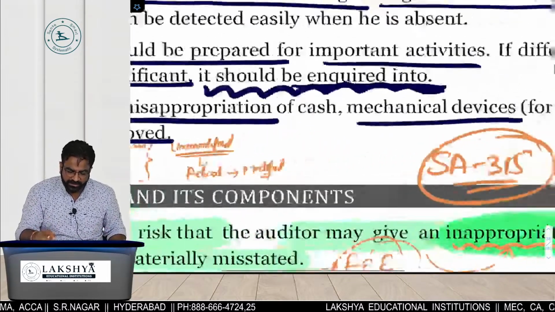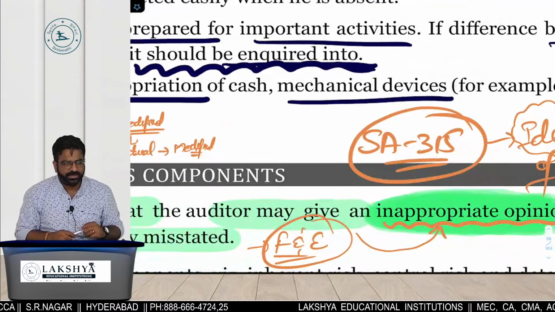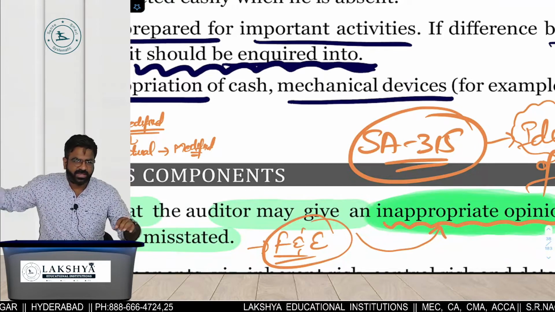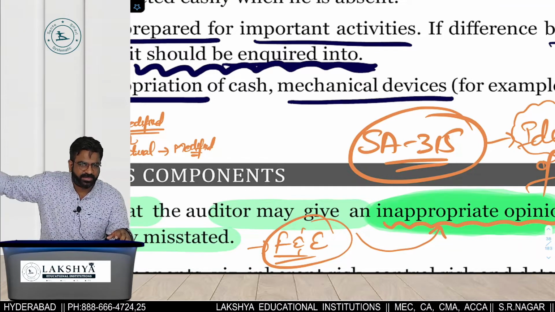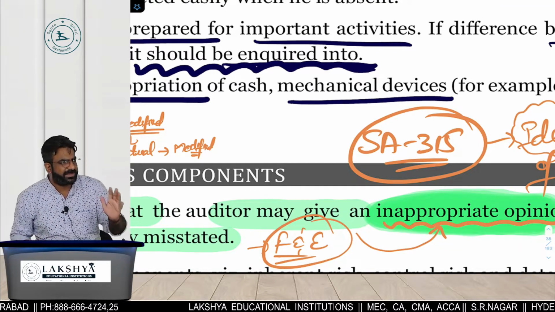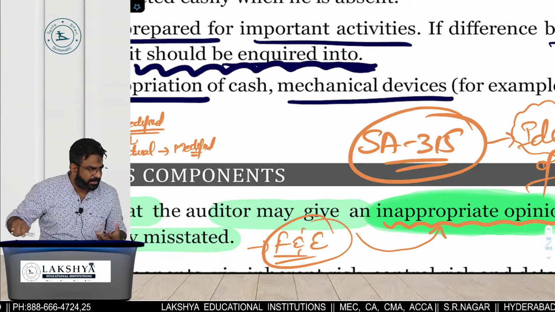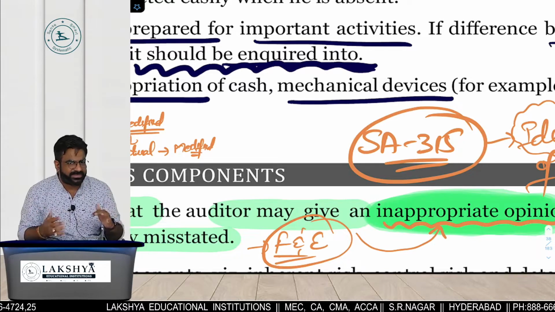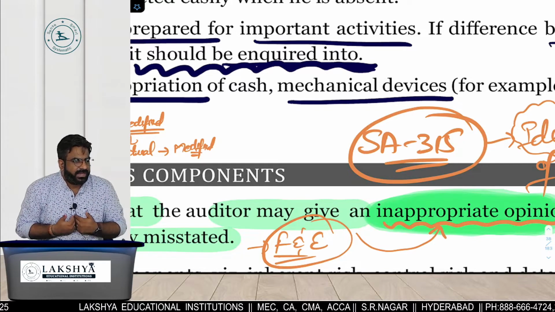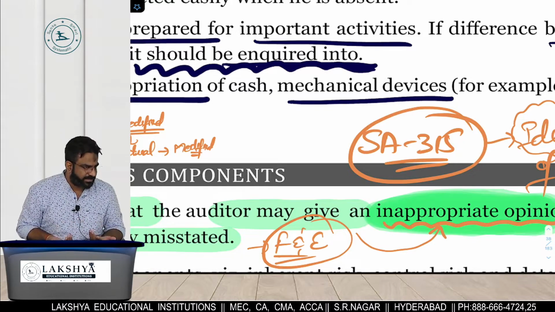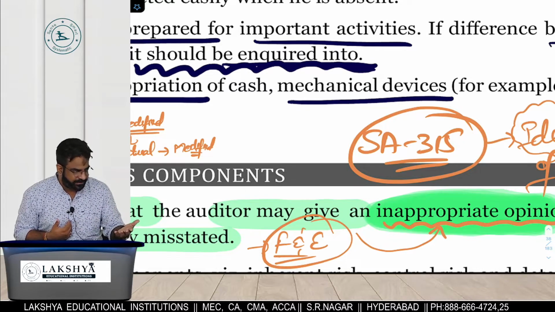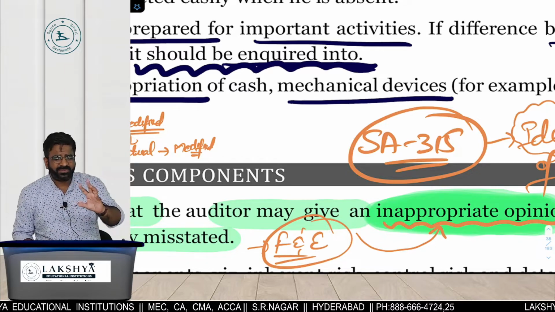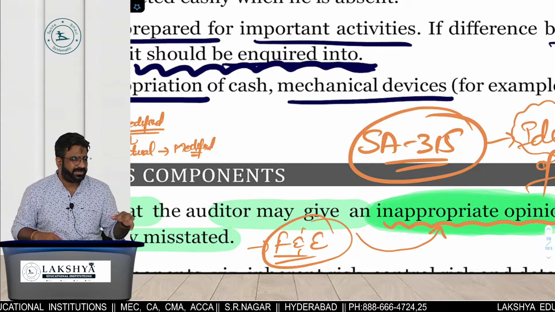To prevent misappropriation of cash, mechanical devices. What do you mean by that? आजकल तुमने देखा होगा कि जैसे अपना VRR बिल्डिंग में भी जाओ, सीतारमन सर का जो कैबिन है ना, अब जब हम लोग frankly speaking, when we go there to take our payment, तो some of the payment, most of the payment they make it online only because TDS का होता है, क्योंकि we will be having the TDS under 194J, प्रोफेशनल फीस का TDS होता है, ठीक है ना, तो हमारा 10% TDS कट होके आता है. बट कई बार क्या होता है, छोटा पेमेंट होता है, जैसे क्रैश बैच का हो गया, 1 लाख 2 लाख